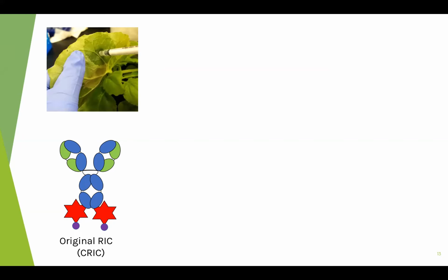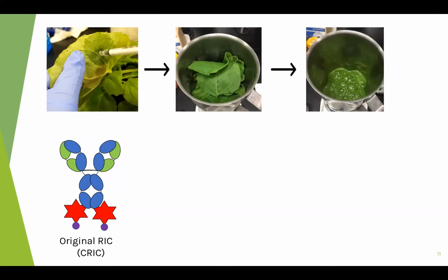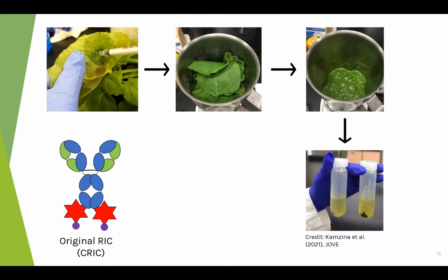Once we have our bacterial system that contains our plasmid of interest, we infiltrate it inside plants, wait 4 to 5 days, and then harvest all the plant leaves and put them in a blender with a buffer. Then we grind up the leaves to produce a plant extract, and then we spin the extract at a high speed, about 15,000 times the force of gravity, in order to separate the extract into the soluble portion, which is